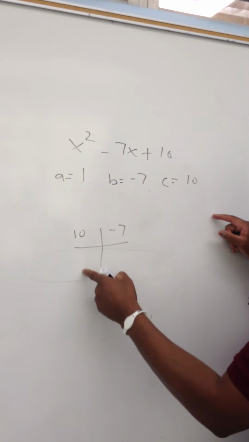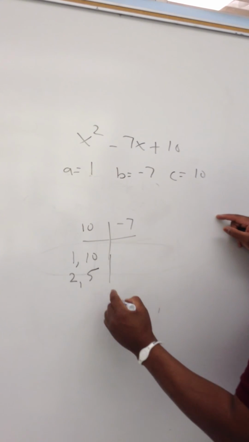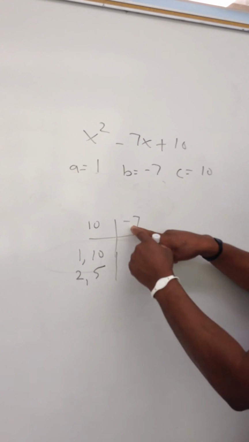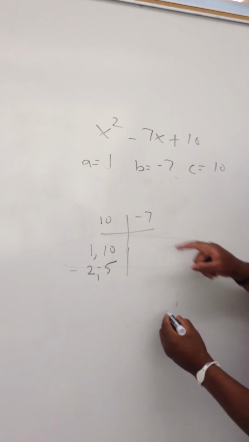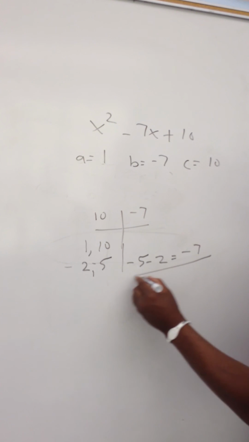You're going to list all your factors of 10: 1 and 10, 2 and 5. Now, since the product is positive, they both have to be the same sign. But since the sum is negative, that determines that both your signs have to be negative. So therefore, you're going to have a negative 2 and a negative 5. And if you add them up over here, you get negative 7. Once again, these two